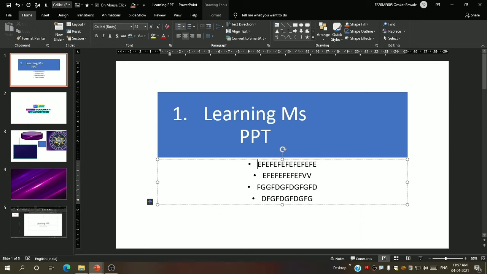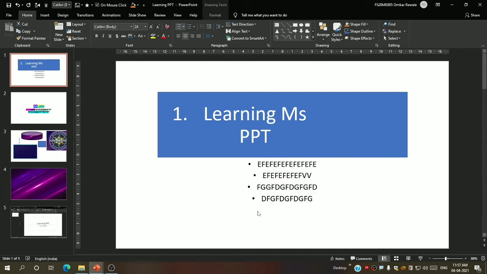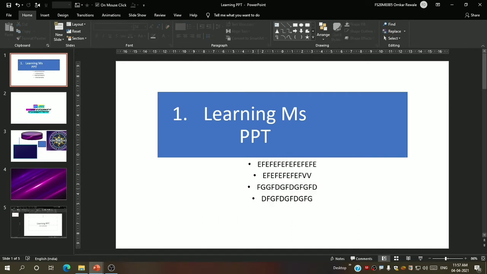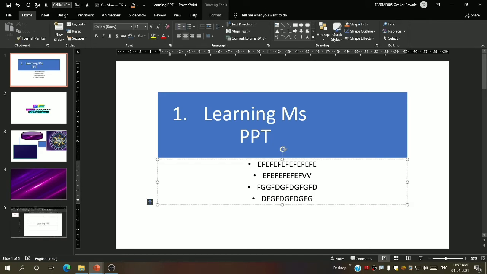Now the question is, I know how to insert bullets, but you can see they are not in line, they are all in the middle. I want to align them on the left-hand side or right-hand side, so how will I do that? These four options you can see over here are the align options. You can click and just wait for a pop-up, and you can see Align Left. The shortcut key is also given in the bracket, Control plus L. Then this is Center, Control plus E shortcut key. Align Right, Control plus R, and Justify.